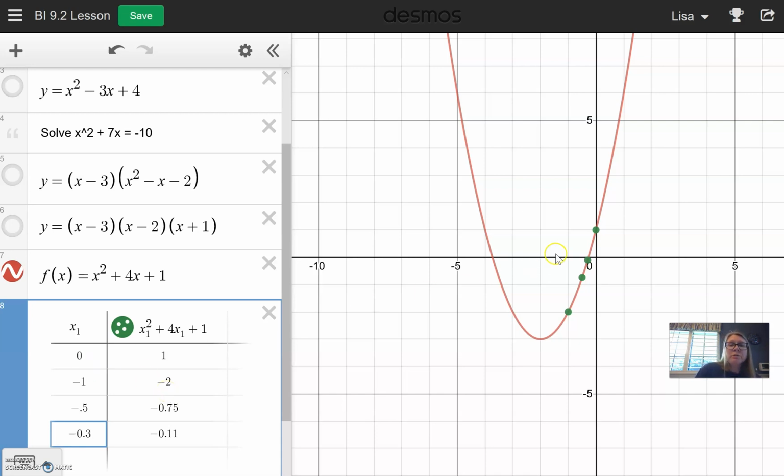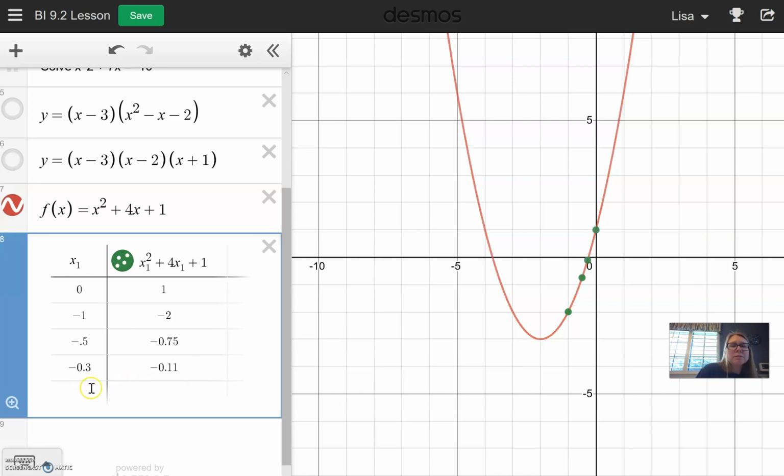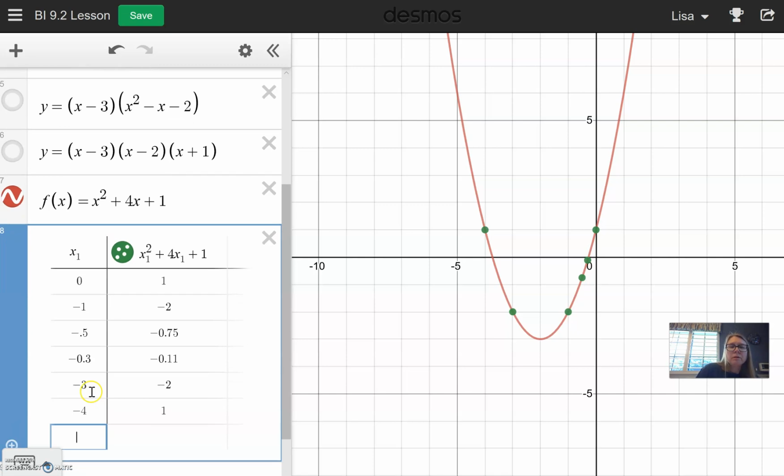So if I were to continue to do that sort of process for the left side, looking for this one right here, I could guess some values. Well, it looks like it's between -3 and -4. So here's my -3, here's my -4, putting those in the table. It looks like